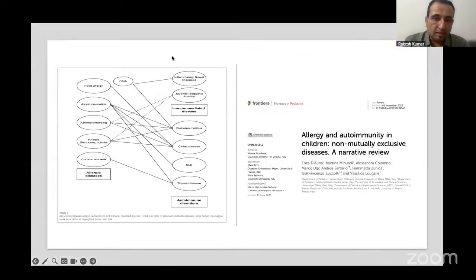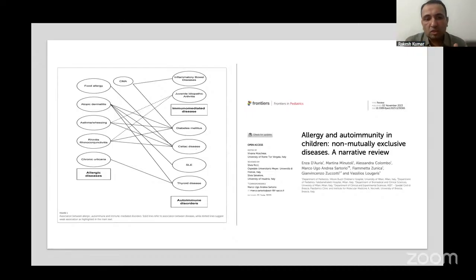I just want to show that there are several allergic diseases which we see commonly, starting from atopic dermatitis and asthma, which is a very common disorder in around 5 to 10% of the population worldwide and in our setup also, rhinitis, rhinoconjunctivitis, and chronic urticaria. And among the autoimmune disorders, the common bread and butter, as a rheumatologist we see juvenile idiopathic arthritis, inflammatory bowel disease, and diabetes mellitus, which can start early in life, then type 1 diabetes mellitus, and celiac disease, which we see in North India.